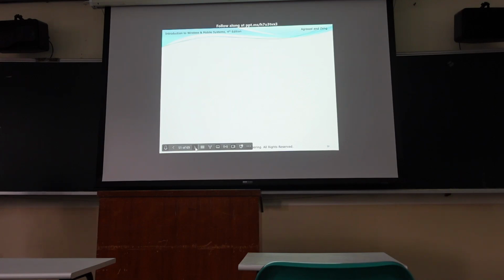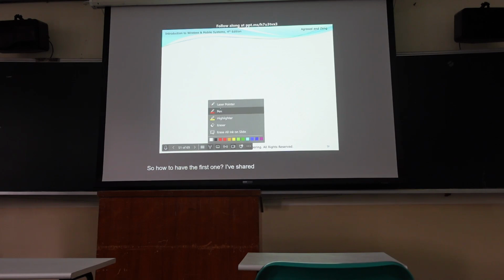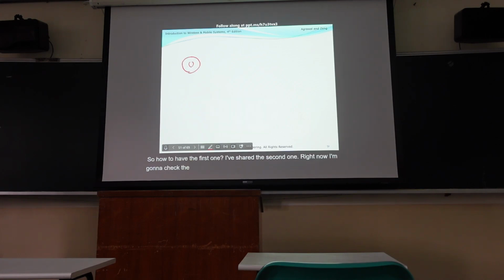So how to have the first one? I check the second one. I want now another check the first one. The first one is 0 and 1. So we have a lambda and we have mu. And likewise we can have a circle. The circle only